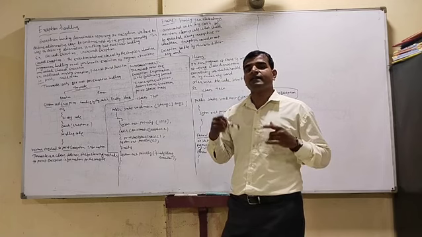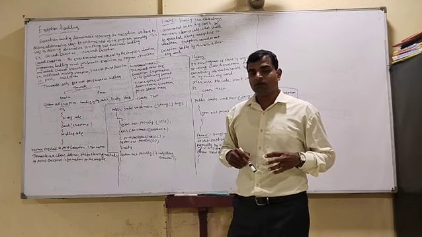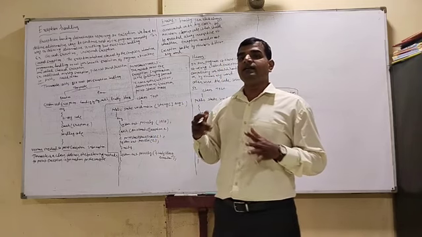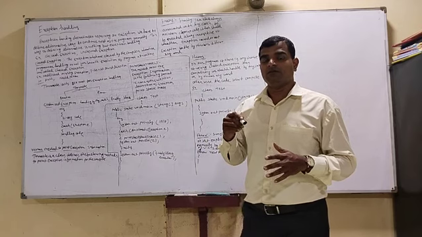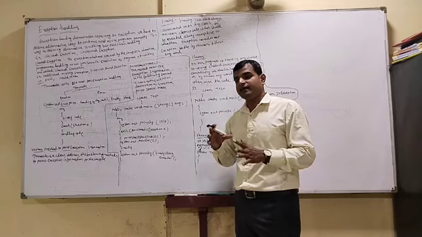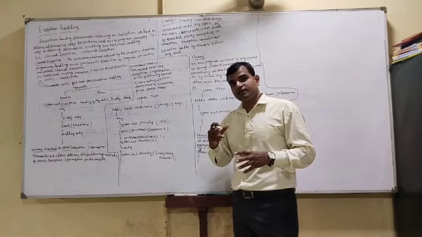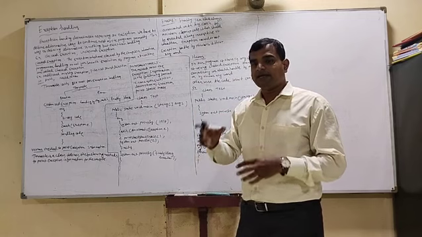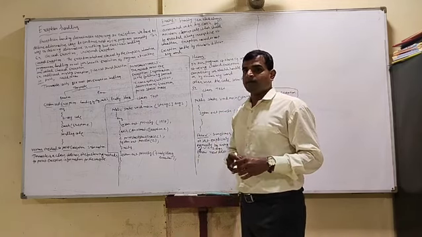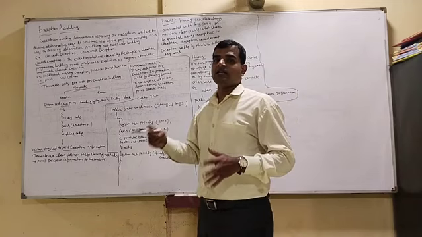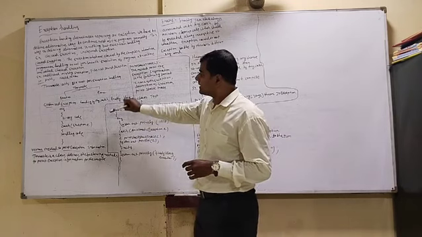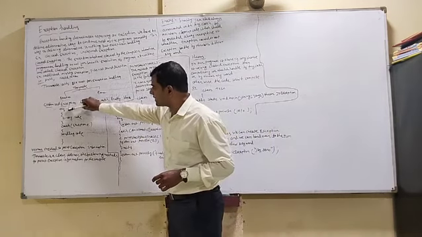What is the meaning of try, catch and finally block? If you identify there is some exception, we have to write it in try and catch block. If there is an exception, we have to write in try block. That exception can be handled by the catch block. Okay, and finally you can write any statement. Okay, here I am writing a code. Try if there is exception.